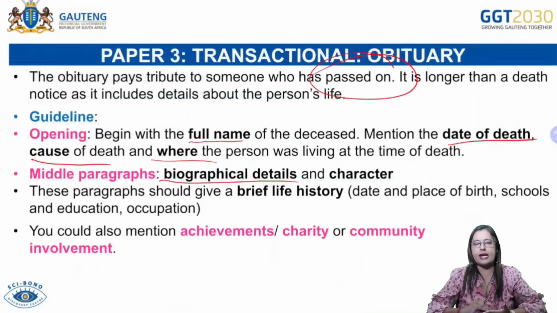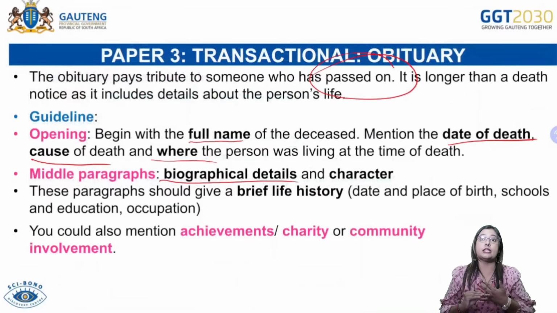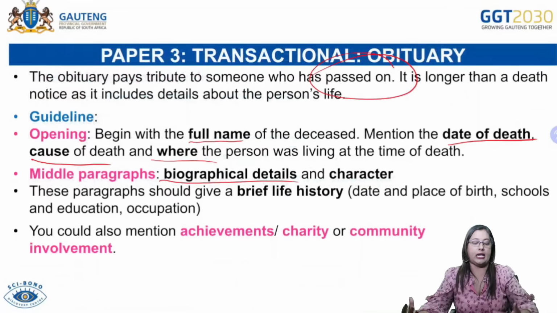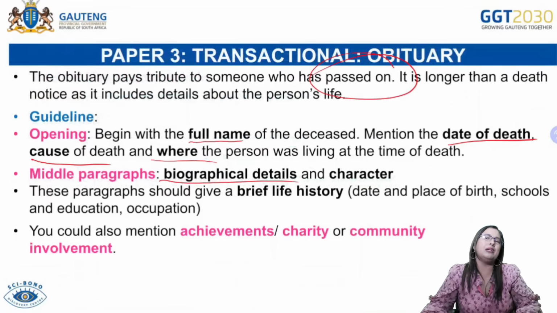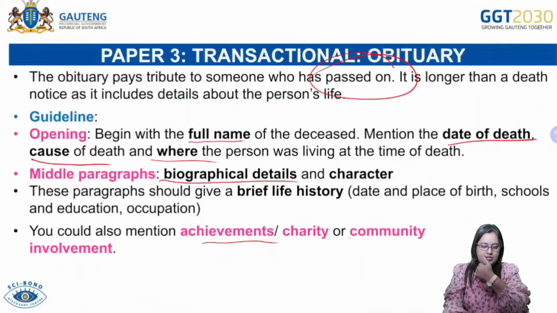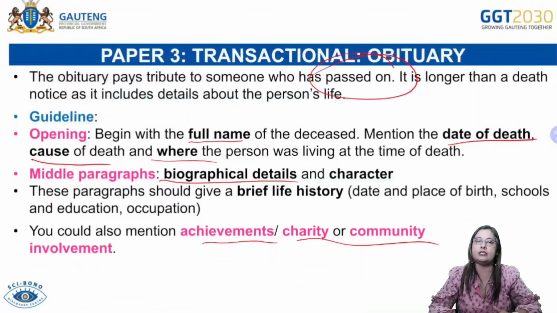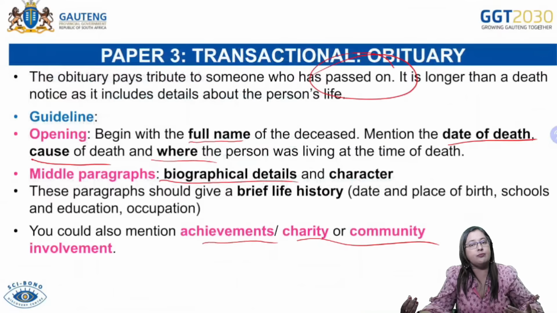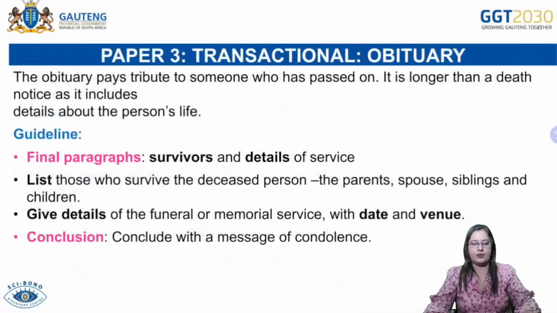Okay? Then your next part can be a brief summary of his or her achievements, or basically schools that they have attended over their lifetime, or education facilities that they've attended, or maybe even their occupation, because people maybe have moved from one occupation to another. Include that if it is the case. All right. And then, as I mentioned, maybe that person was involved in community events or had many achievements that could be spoken about in those paragraphs. Okay.